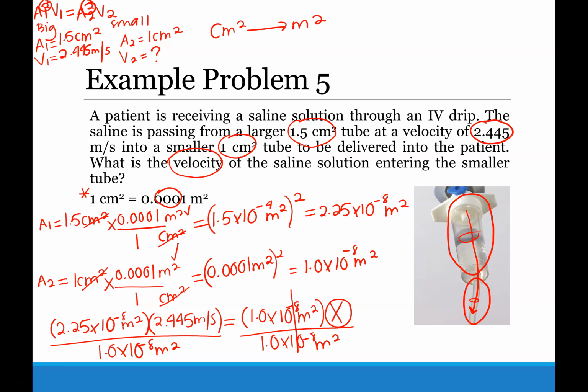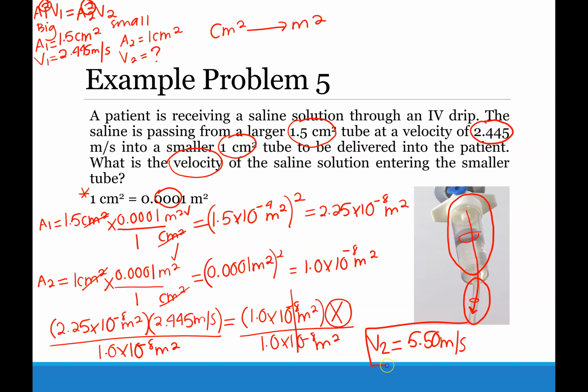And now you're ready to put this into the calculator. So 2.25 E to the minus 8 times 2.445 divided by 1.0 E to the minus 8 gives us a final velocity, so V2, of 5.50 meters per